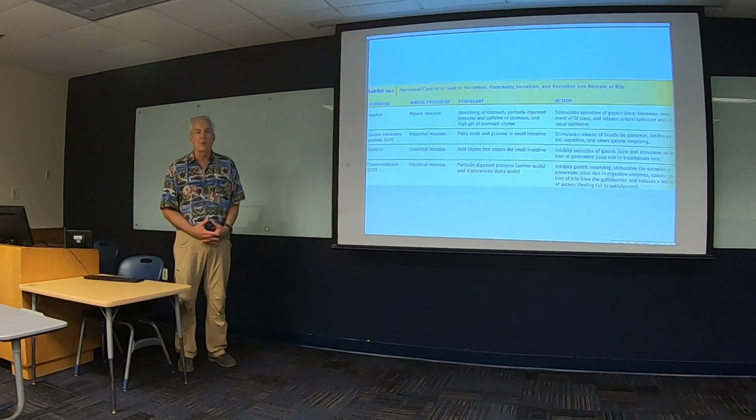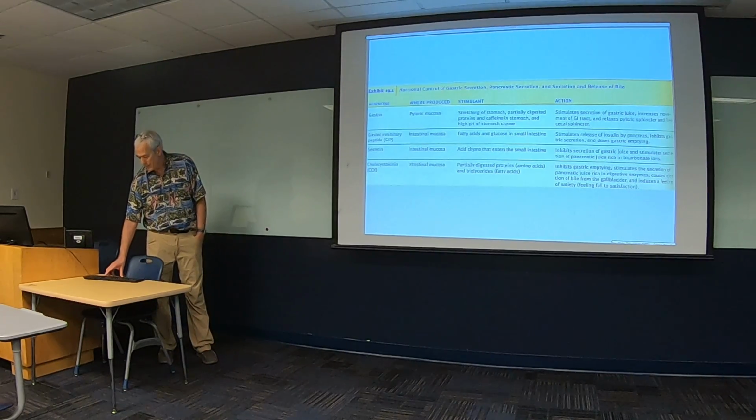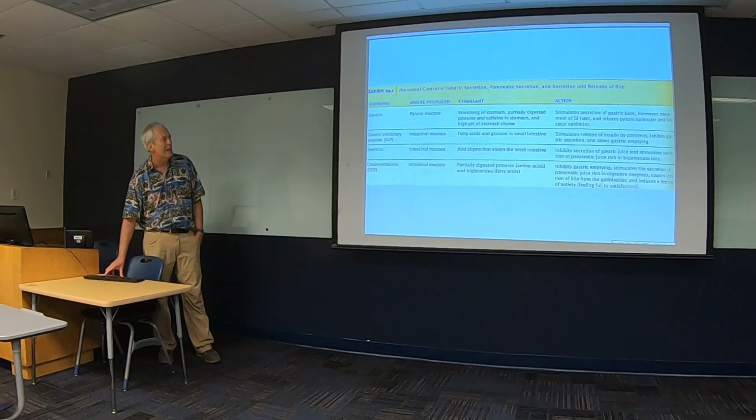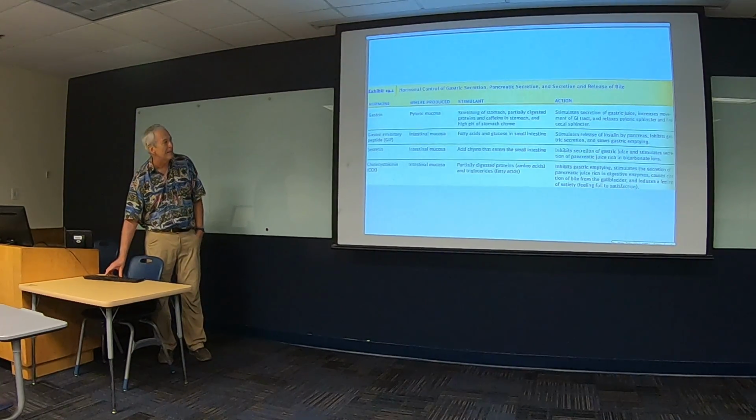The intestinal mucosa also produces a number of the disaccharidases, like lactase, and certain other enzymes that degrade the two-carbon units to allow the production of monosaccharides